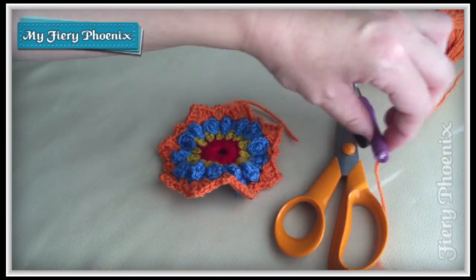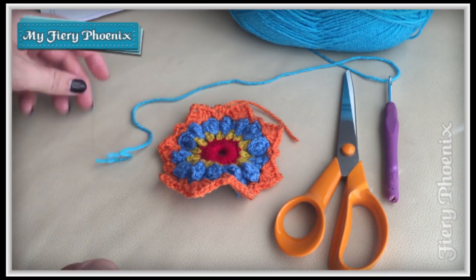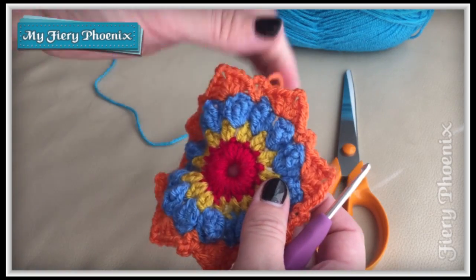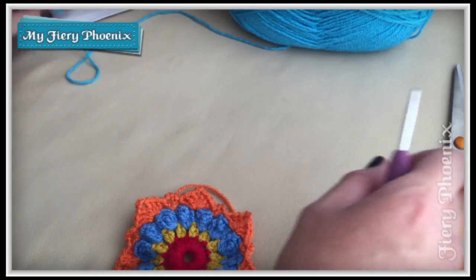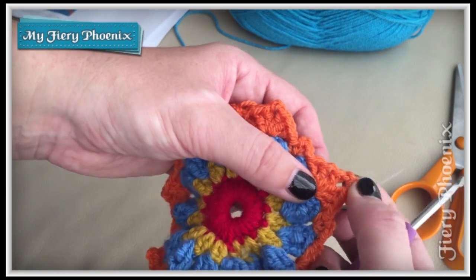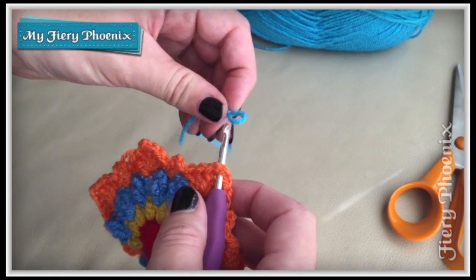And now we're going to move from the citron to our turquoise, and as always I have a slip knot created, and I'm not going to join exactly where I was before. I'm going to come back a little ways, and this time around we're going to join into any of the tall points. So that's one of these 3 chains that has this nice big loop in it here as a point. So I shall be